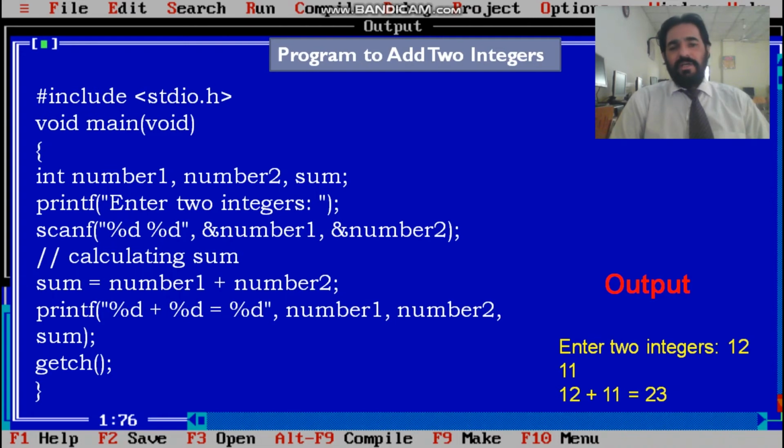For execute and run, compile and run, two terms we use in C language. First, to check or compile, we press Alt F9, which compiles our program and translates it into machine language. Then we press Control F9, which executes our program and shows the output. If there is any error, it will show on your screen. Otherwise, it will show the direct output on your screen.